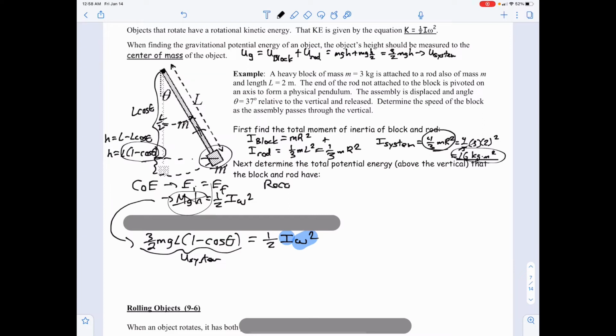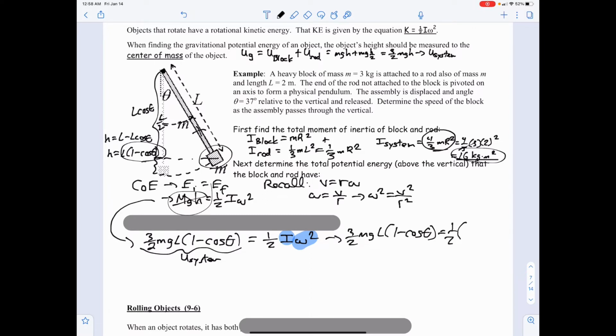Recall that v is equal to r omega. That means omega is equal to v over r. And if omega is equal to v over r, square everything, omega squared is equal to v squared over r squared. So I'm going to substitute for I and omega squared. And I get 3/2 mgL times the quantity of 1 minus cosine theta. And that's going to equal